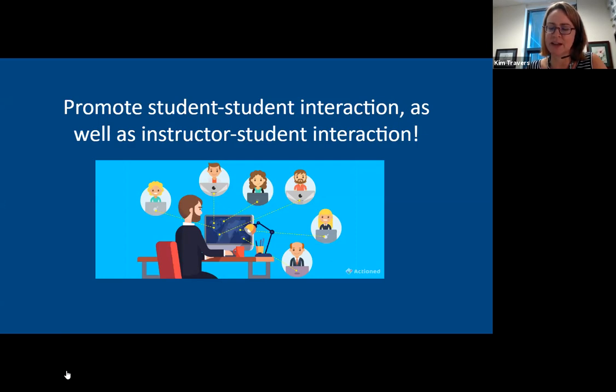Finding ways for the students to get involved with each other could be things like different group projects that they're assigned to work on. They could be doing breakout rooms during a synchronous Zoom meeting. The students could be setting up their own Zoom meetings. They could be using some other type of app. I have students who do phone calls. I've had some students who used FaceTime, but then the other person didn't have FaceTime, so they brought them in as a conference call, and they've done a number of things there.